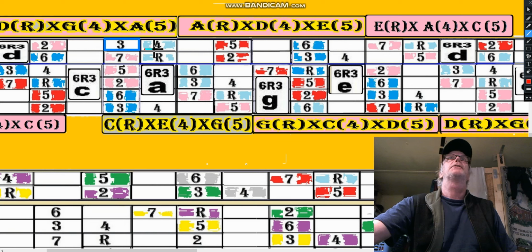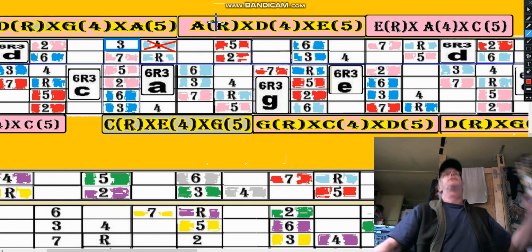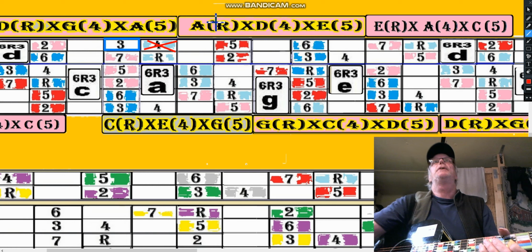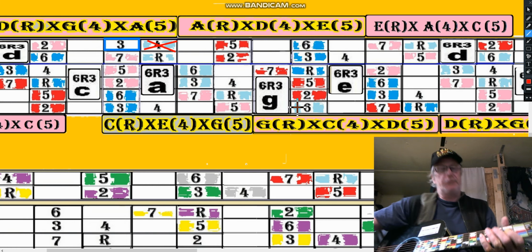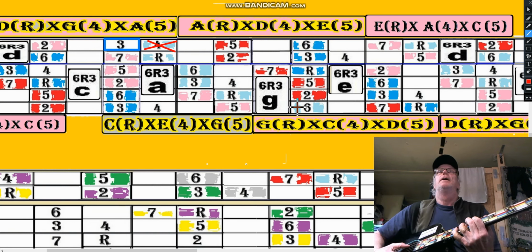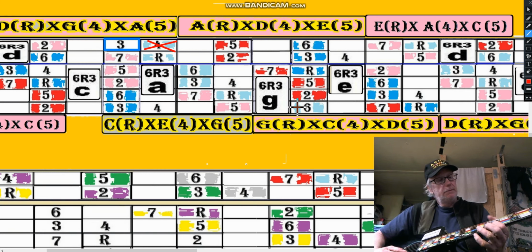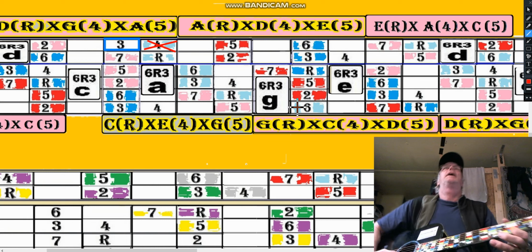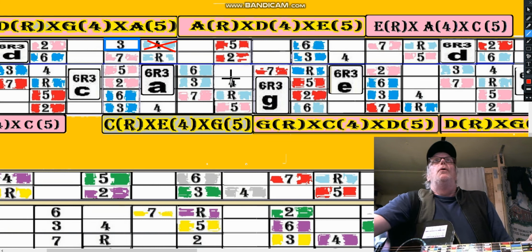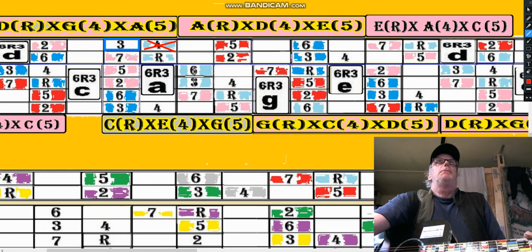So I can just cross this out right here. When we want to do a 6 arpeggio here, we're going to start here. Now let's look at this A minor shaped